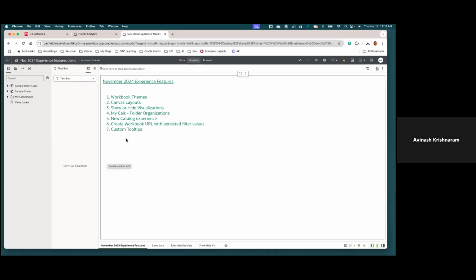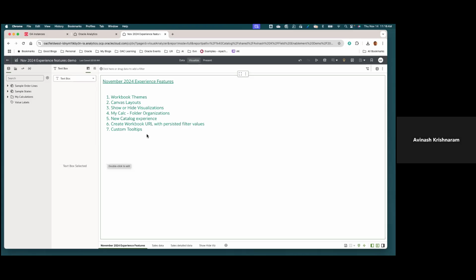You can now also create workbook URLs with persisted filter values, which has been a pain point in the product. If you need to send a URL of a workbook that has a set of filter values selected by the user, all you do is select your filters, starting with workbook, dashboard, visualization filters, even user filters. Then the export dialog will show a new option to grab the URL, and you can then share the URL through Slack or Teams or whatever your internal collaboration tools are.